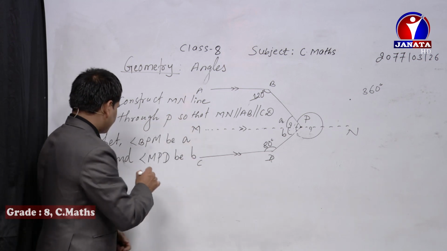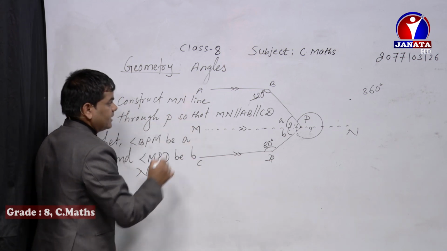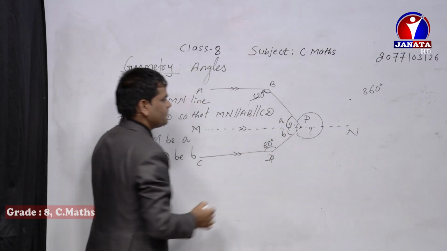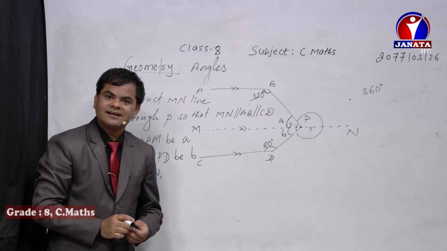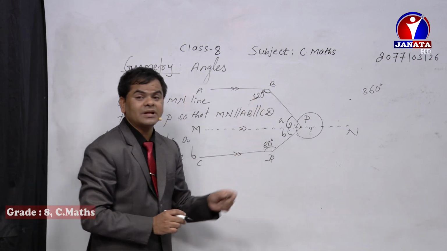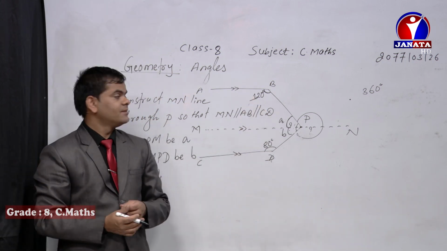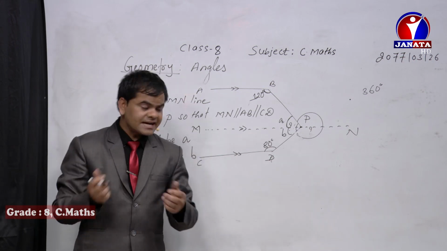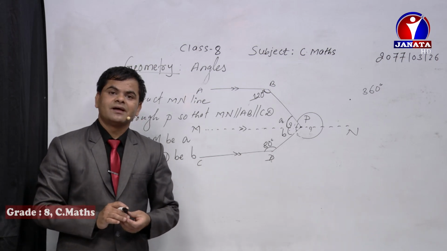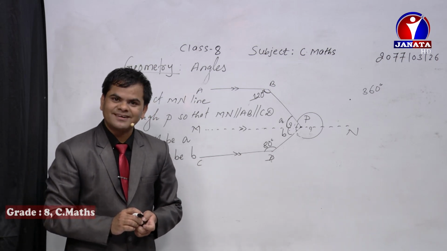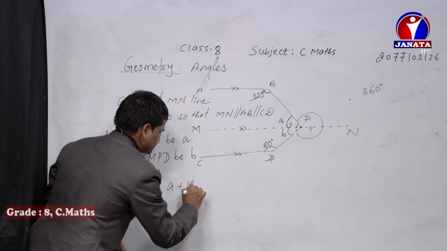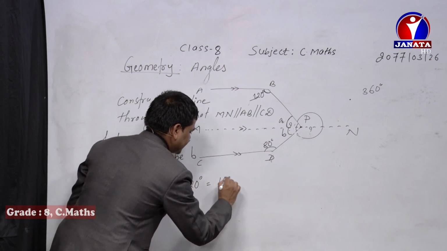we can solve. From here you can write, now what's the relation between 120 degree and A? What kind of angles are these? These are the co-interior angles, dear students. Both are inside and both are on the same hand side, both on the right hand side. That's why A and 120 degree, when we combine together, their sum must be 180 degree. So what we have to write is A plus 120 degree equals 180 degree.